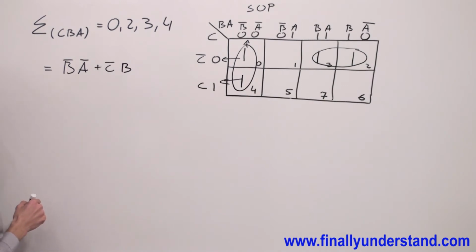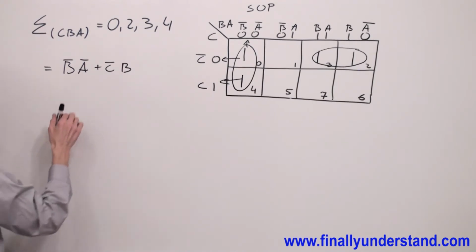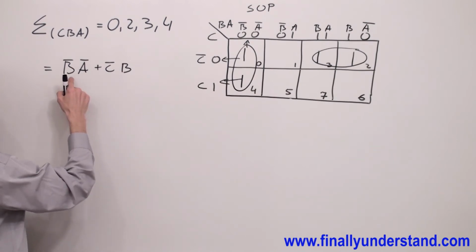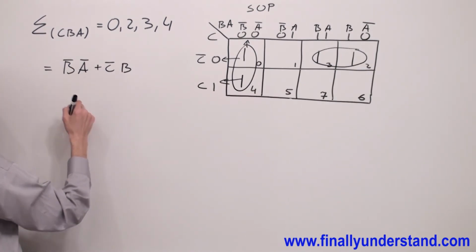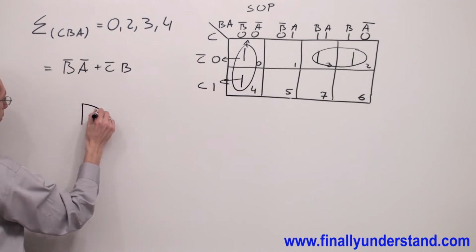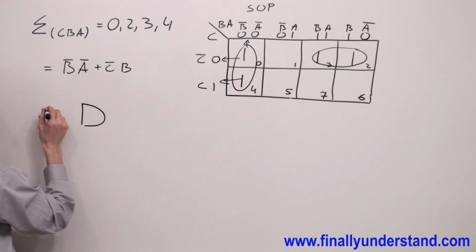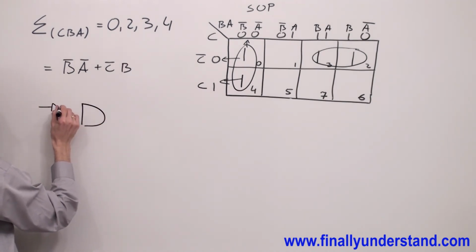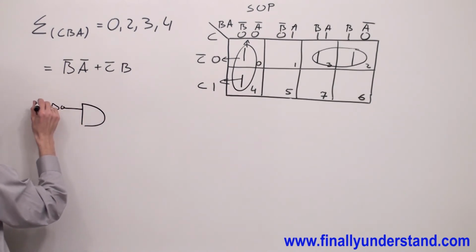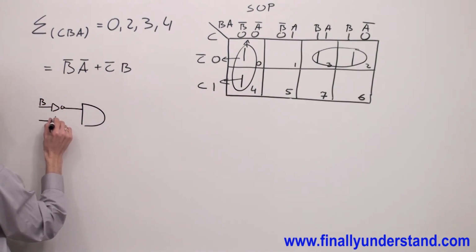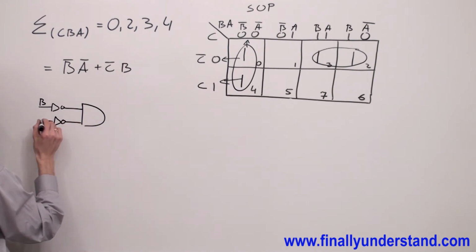I finished with the simplification. Check if you can factorize something or change to the exclusive OR gates, but at this moment we cannot do anything with it. So I'm going to simply implement it. This is nothing else, just two AND gates, and I have input B connected to the inverter, and I have input A also connected to the inverter,